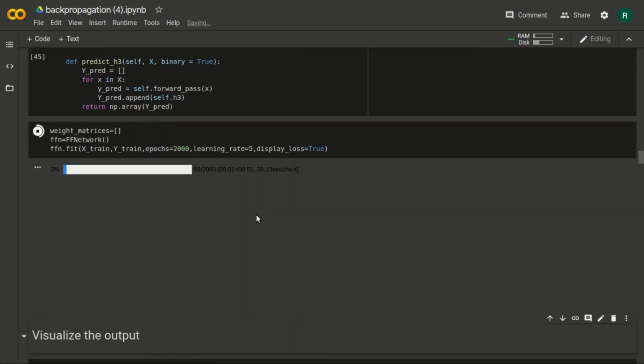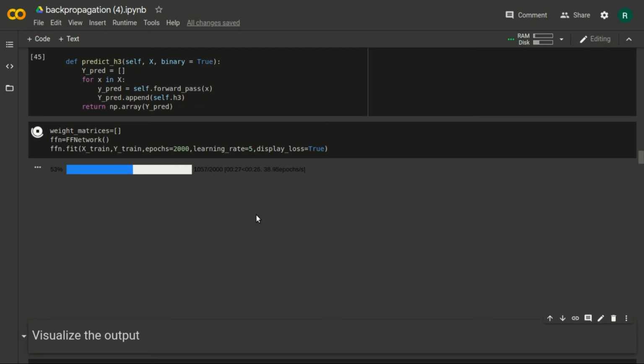So let's move on and train our model. Here, as you can see, we have set the number of epochs to 2000. So the question arises, why 2000? As you can see, we only had a dataset of 1000 values. Since we were training our data on just 1000 values, we needed more accuracy, so we increased the number of epochs.